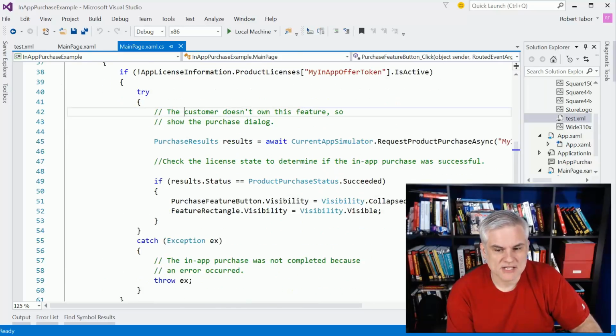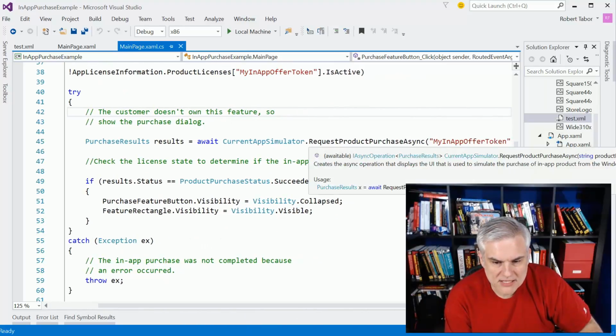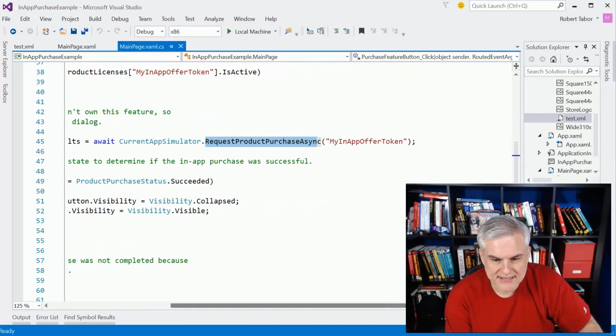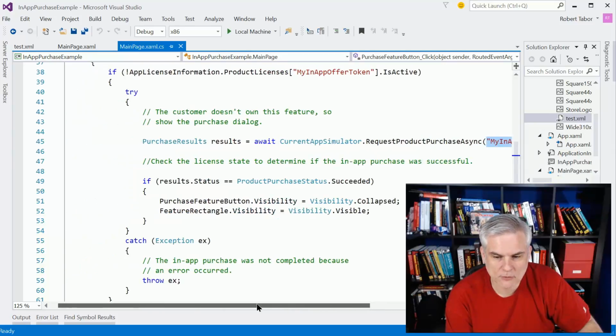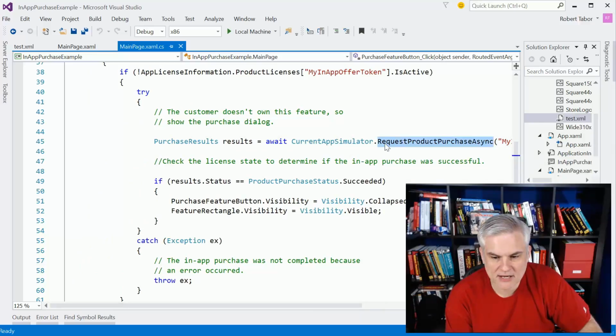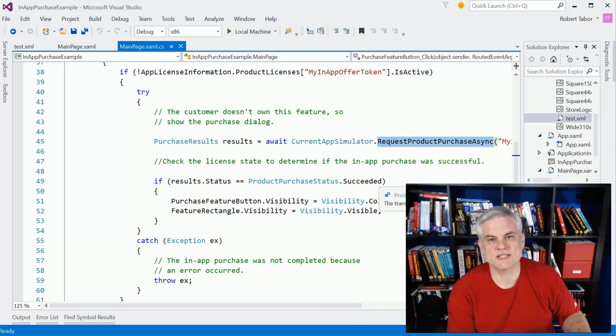However, assuming that we have not already purchased this once, then we want to, and this is the key, make a call into request product purchase async and pass in that token for the product that we're going to allow the user to purchase. So we call current app simulator dot request product purchase async,